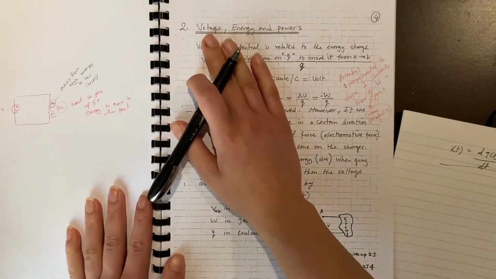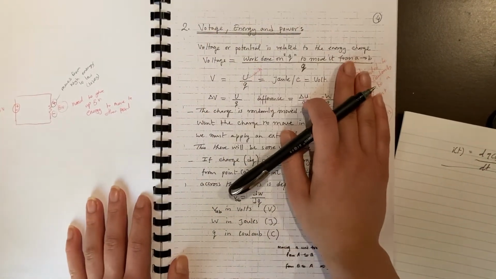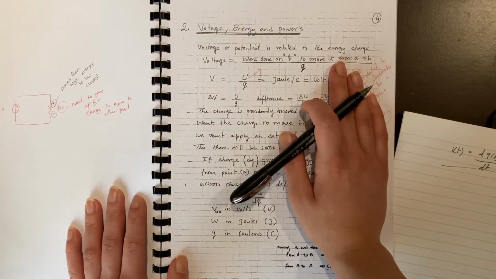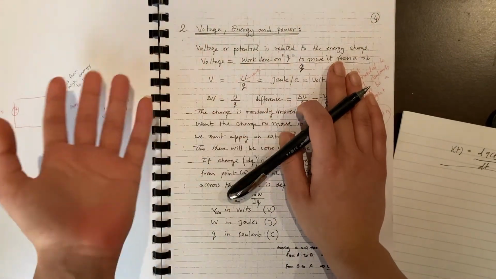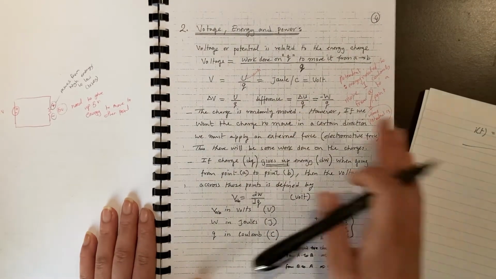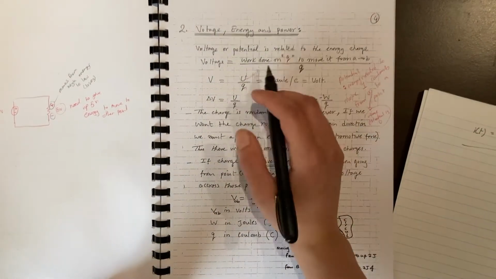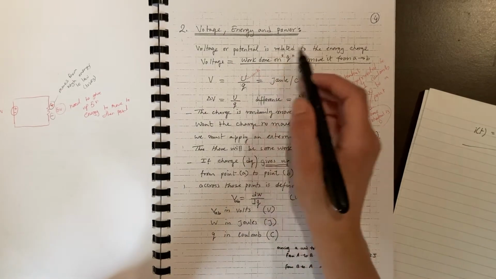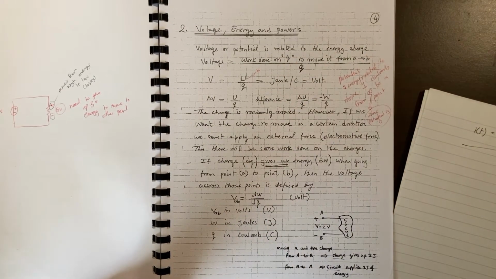So now we're gonna talk about voltage, energy, and power. So these are very, very important points. This is basically what electrical engineering is all about. So let's start. What is voltage? So voltage is the potential related to the energy change. So voltage is basically